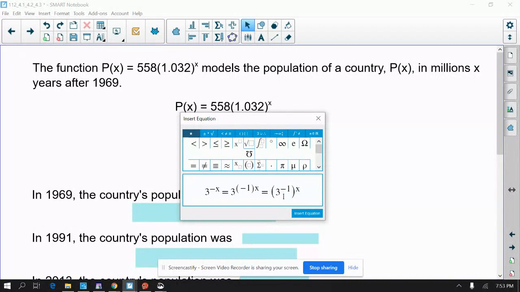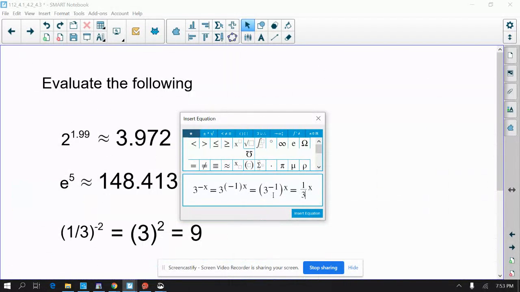Remember our exponent rules, if you have a power to a power, you multiply. So if you read from right to left, 3 to the -1st raised to the x is the same thing as this, which is the same thing as this. And now what's 3 to the -1st power? It's 1/3. So now we know why that graph looked the way it did, because